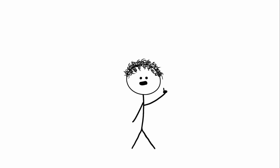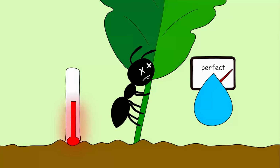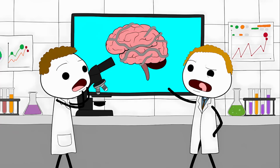The creepiest part is this fungus is super precise about where it makes the ant climb. It forces ants to climb exactly 25 centimeters off the ground, at precisely the right temperature and humidity for the fungus to grow. Different species of this fungus have evolved to target specific species of ants. It's like having a custom-made zombie virus just for you. Scientists are studying this fungus to understand mind control, hoping to figure out how it